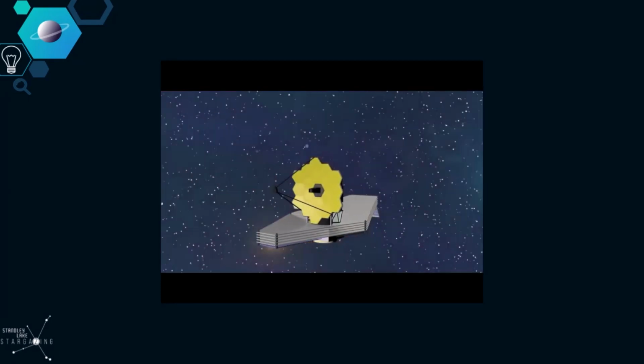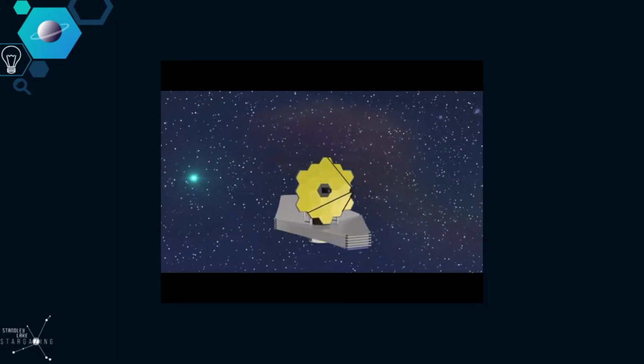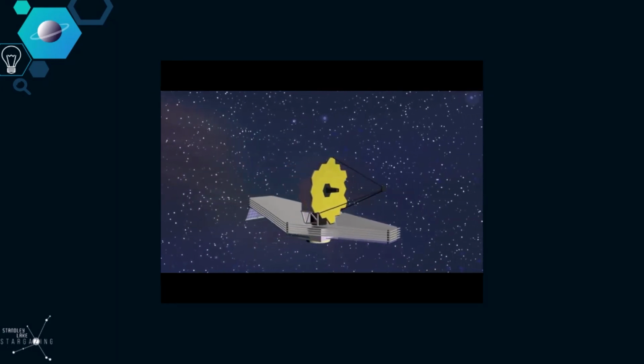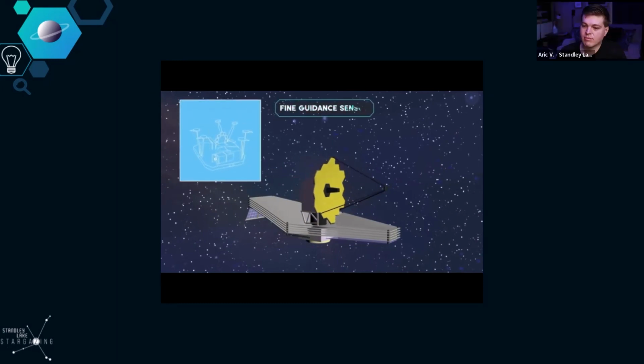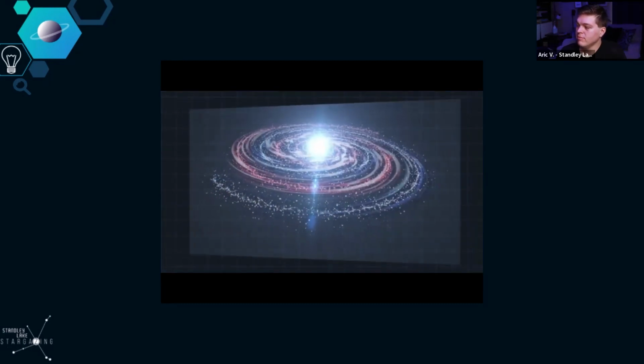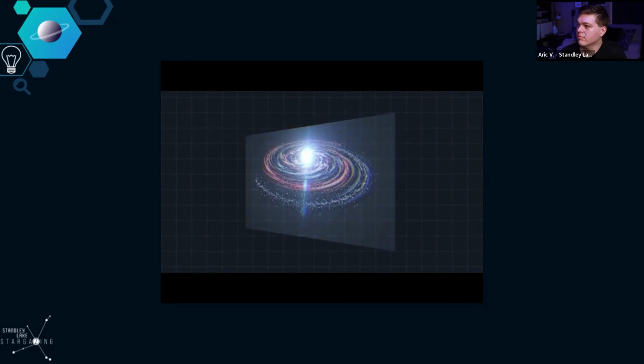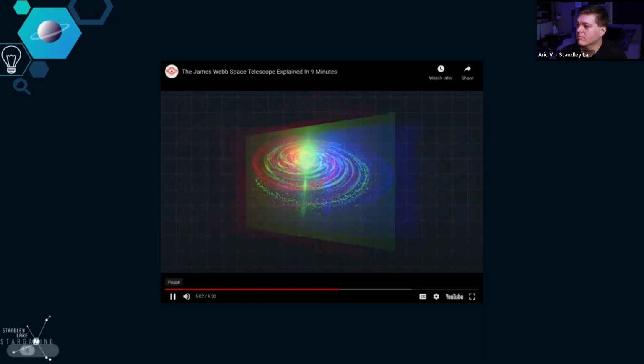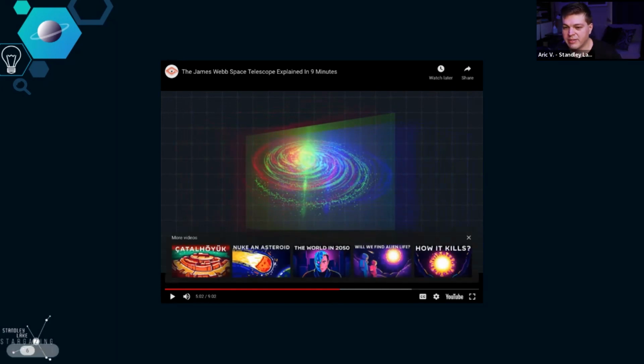How much light is there in outer space? A huge amount, and in order to capture only the relevant light, the telescope has to be constantly directed at different targets. This will be possible with the help of the Fine Guidance Sensor, FGS. Additionally, scientists from the Canadian Space Agency developed the Near-Infrared Imager and Slitless Spectrograph, which also